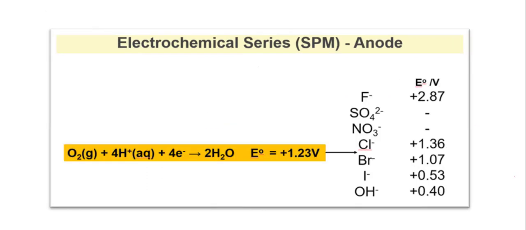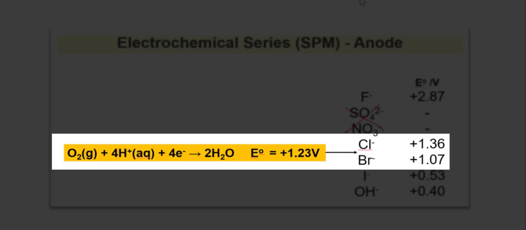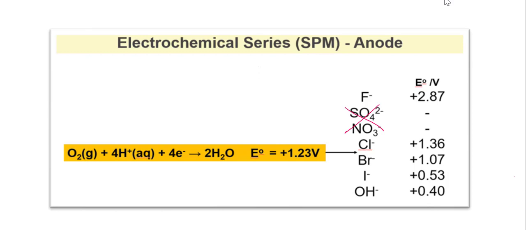At anode, we have anions here, so just ignore the sulfate ion and the nitrate ion, because these two are also an ion, so it won't be discharged at anode at all. So between the chloride ion and bromide ion, we have the equation for water if water is being discharged at anode. So these equations are in the reduction form. So the equation that you need to memorize in